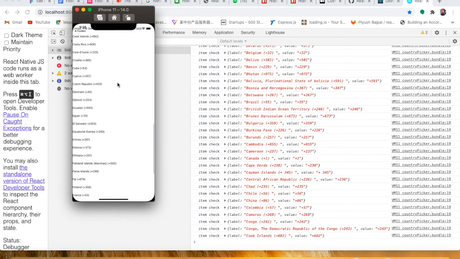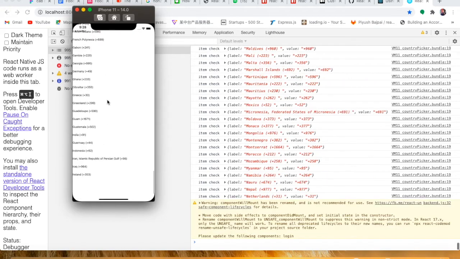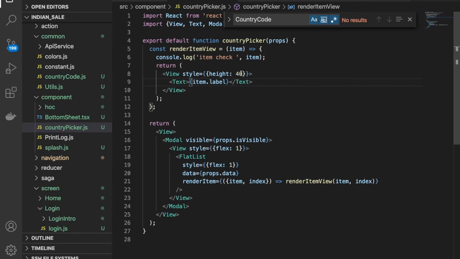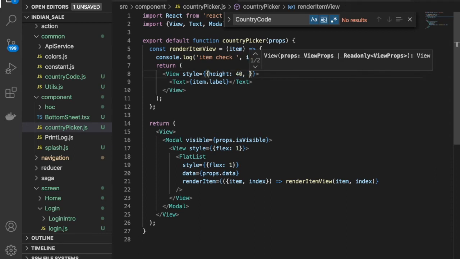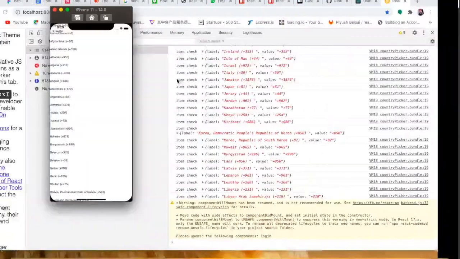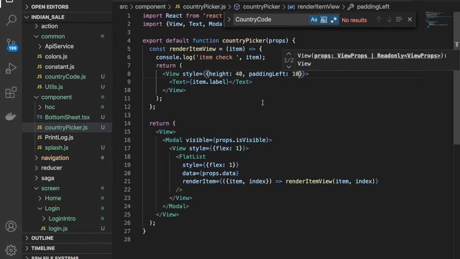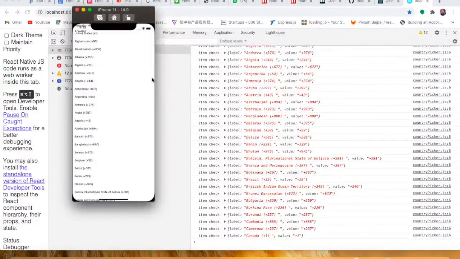Okay, so you can see guys, here we have all the country codes like this. So let me make some styling here. So let's say padding left, let's say 10, and here it is fine, so make it 20, something like this.